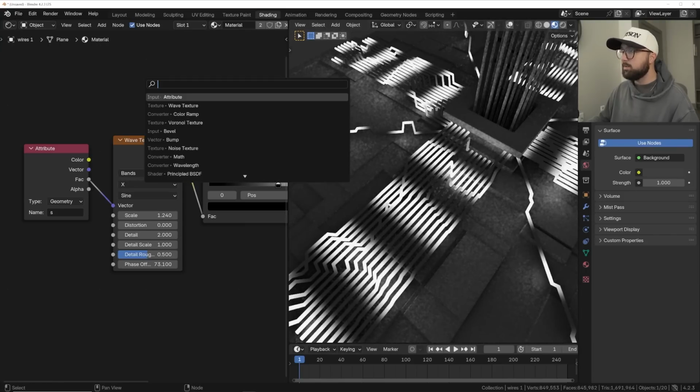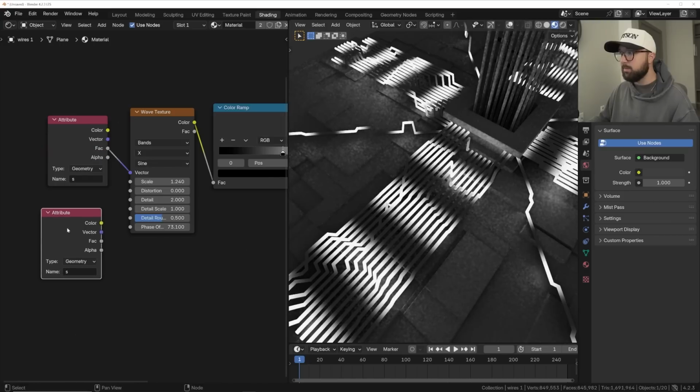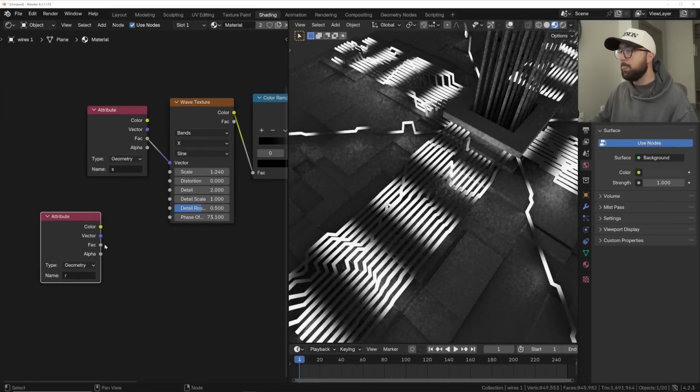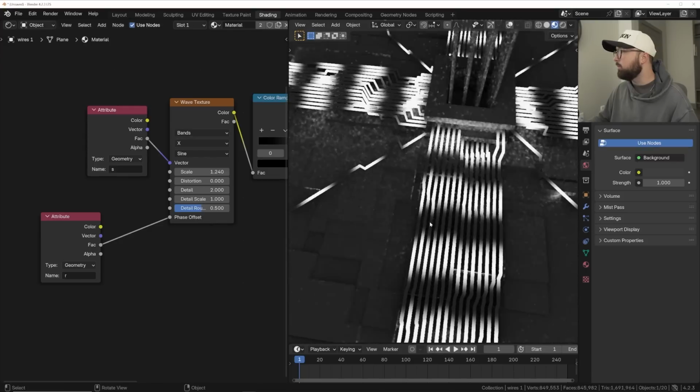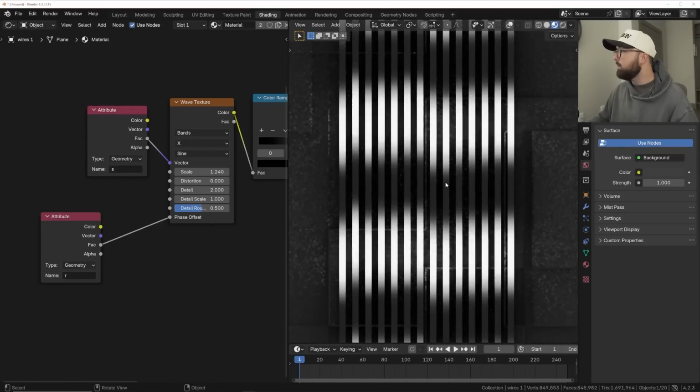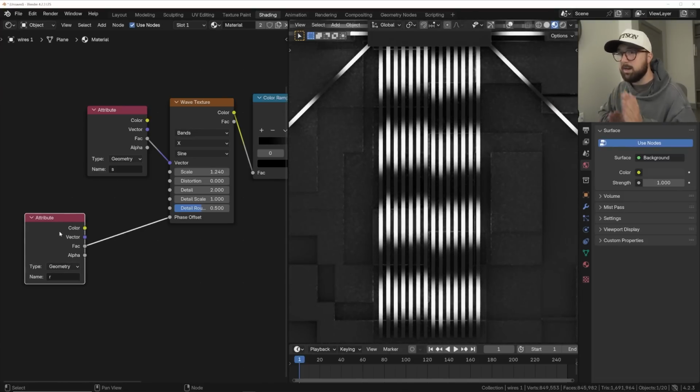I don't want that. So we'll get another attribute node. And this one we'll do R and plug factor into the phase offset. So what we're going to do now is randomize the location of the phase offset. Because if I mute the attribute, you can see now it's a little bit jagged. So now that it's jagged, because it's assigning a random position of the phase offset